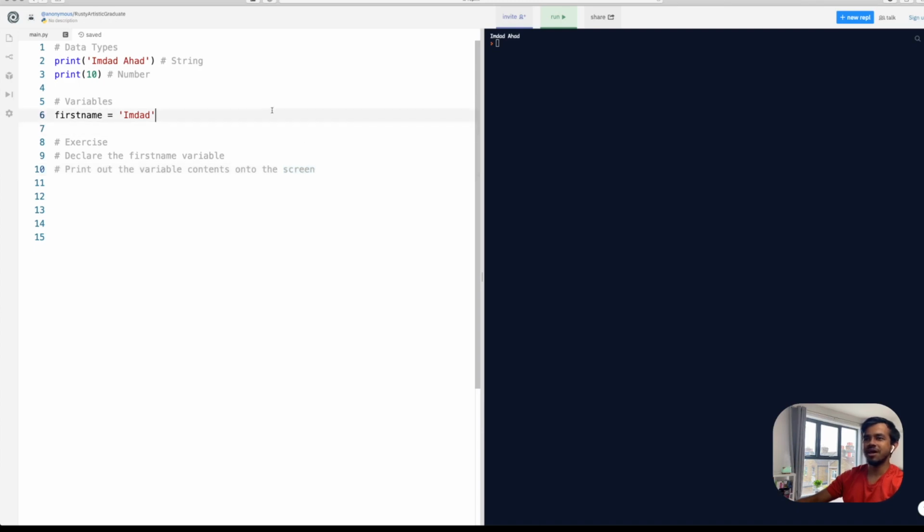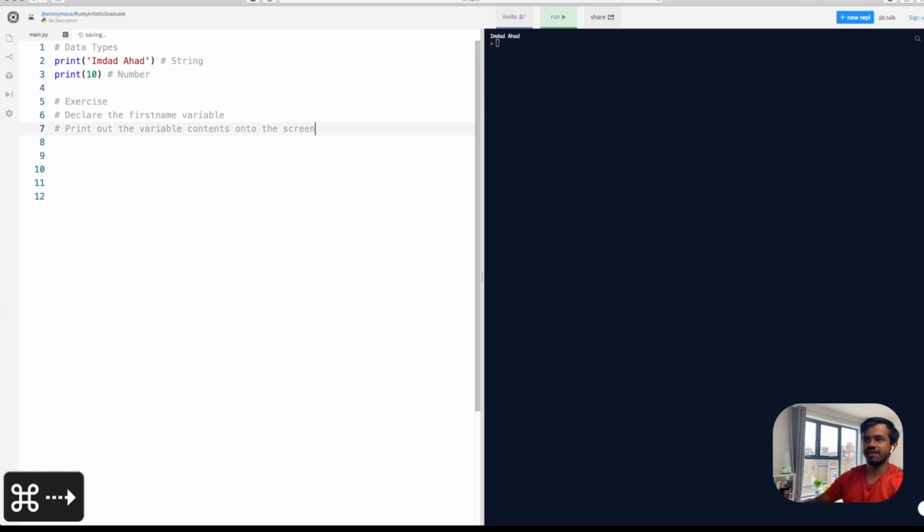Cool. So now you've probably come back. So to print out this variable, what I'm going to do is make this the exercise. You should have declared a variable called first name as we did before. So that was given to you. And the next line of code is print, as you can guess. And what you would have hopefully done is put first name in between the brackets. And then if I give that a run,